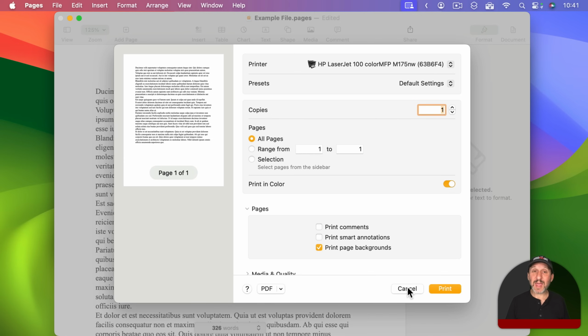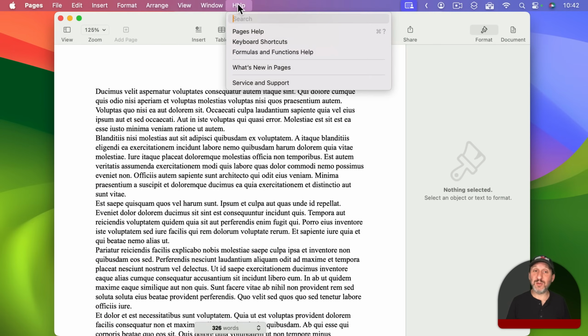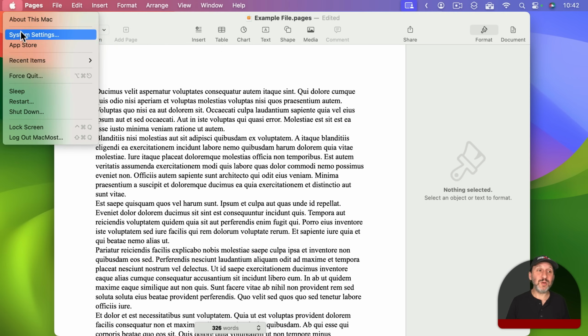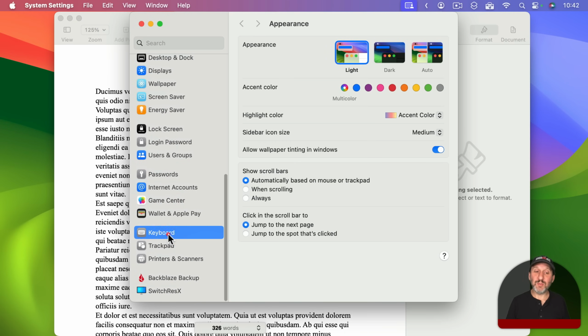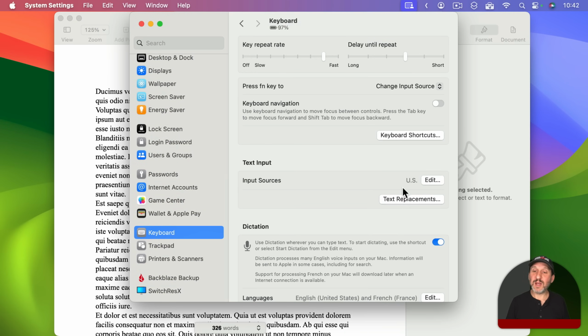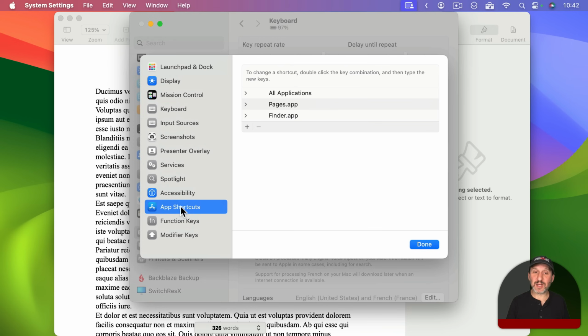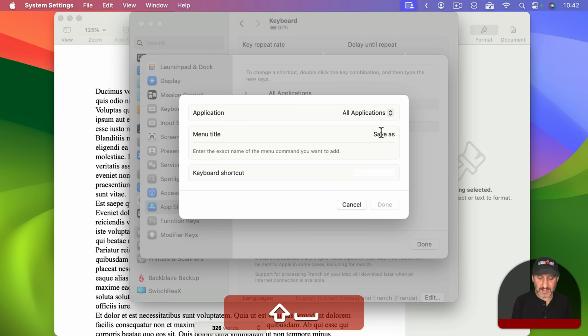But you actually can. Even though custom keyboard shortcuts are only supposed to work on the menu bar, there is an exception for some menus like this one. So I'm going to go into System Settings and then I'm going to go to Keyboard. And then I'm going to create a new keyboard shortcut here under Keyboard Shortcuts in the App Shortcuts section. I'm going to click the plus button. I'm going to leave it for all applications and I'm going to set the menu title to Save as PDF